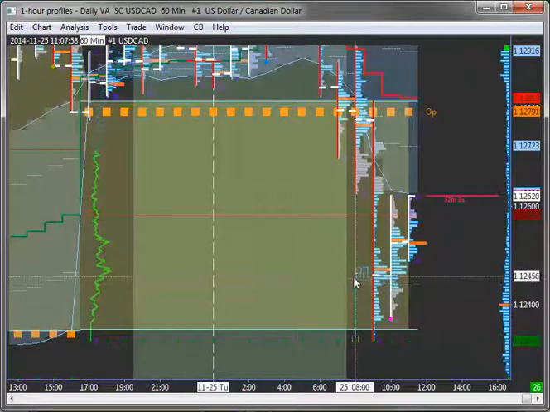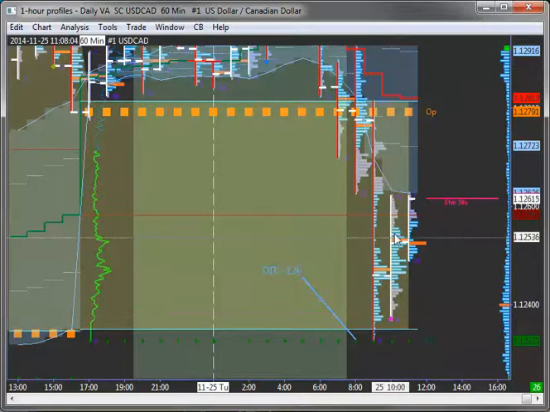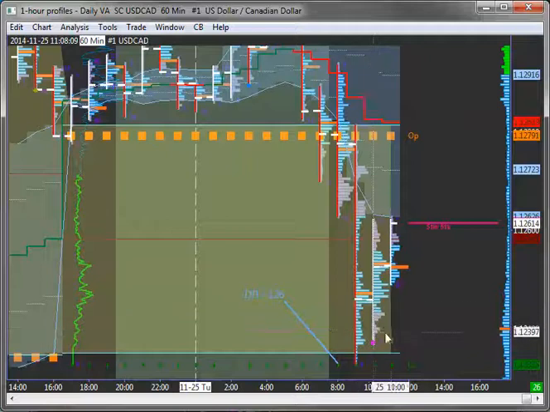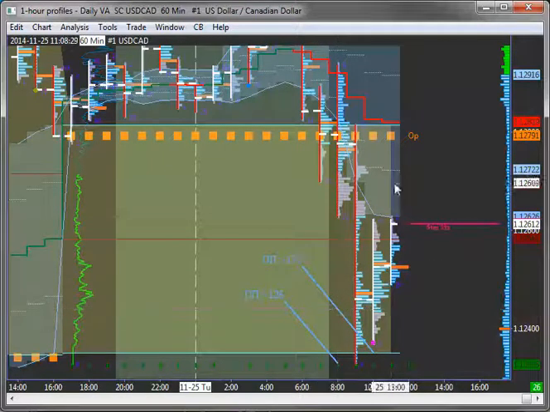We close, in fact, 12 pips up, and then on the 9 o'clock bar, the 10 o'clock bar is an inside bar. We had these thin volume areas, these gaps that came back and got filled in during the 10 o'clock hour. And in the 10 o'clock hour, we close up and further away from yesterday's value area low. So right now, we are trading at the developing value area low.